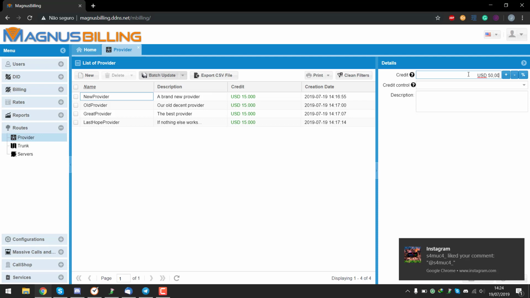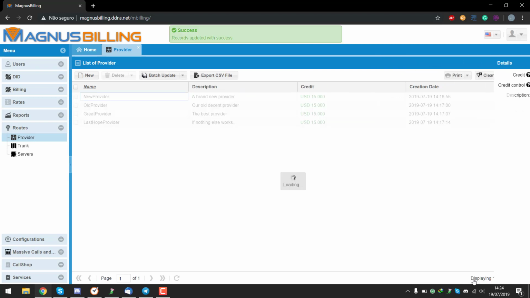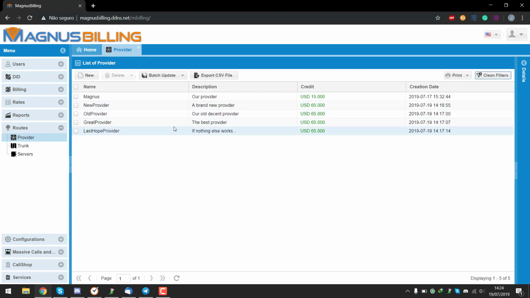our balance by 50 USD. Bam. So now if we clean the filters here, you guys can see that it only affected the ones after